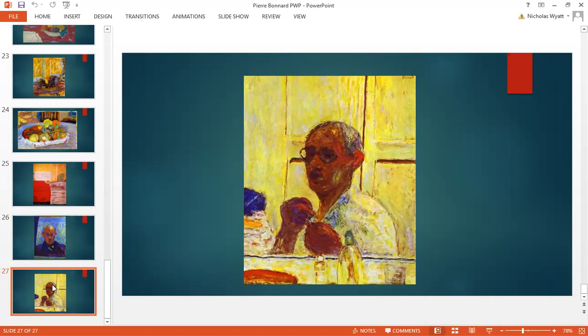And he's still wonderfully capturing this yellow light, perhaps an artificial light that he's looking at himself in the mirror with, and just a wonderful summation to how colour can be dealt with chromatically rather than